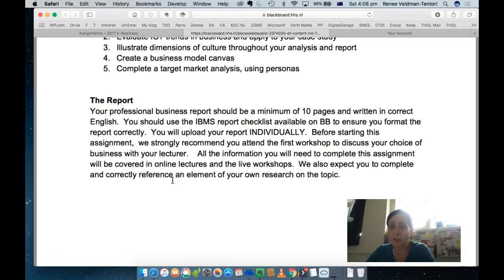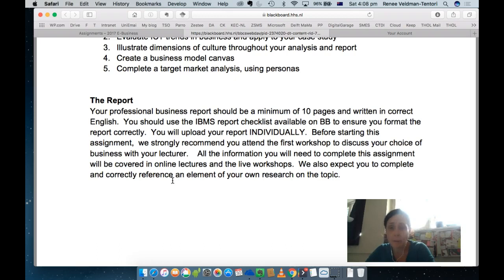You have a checklist available on Blackboard, and this is something that you learned also in year 1, how to professionally present reports. It is an individual report, and you should have all attended workshops to get some further information if you were a bit stuck.